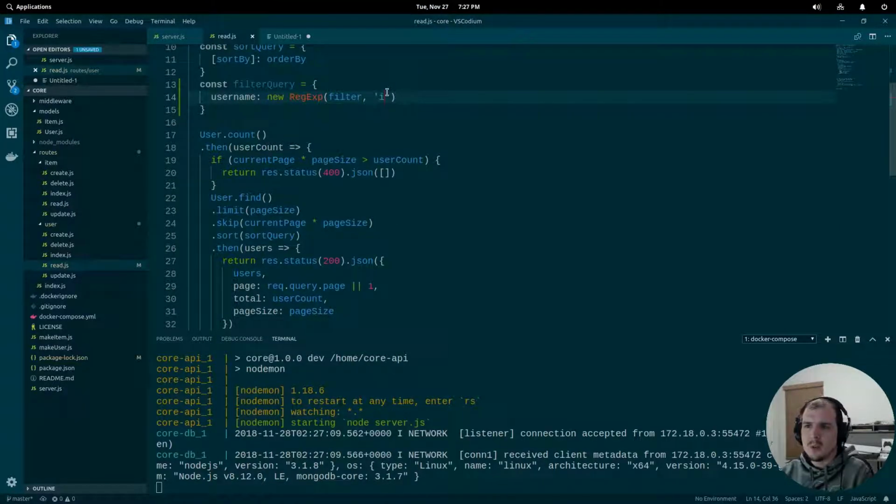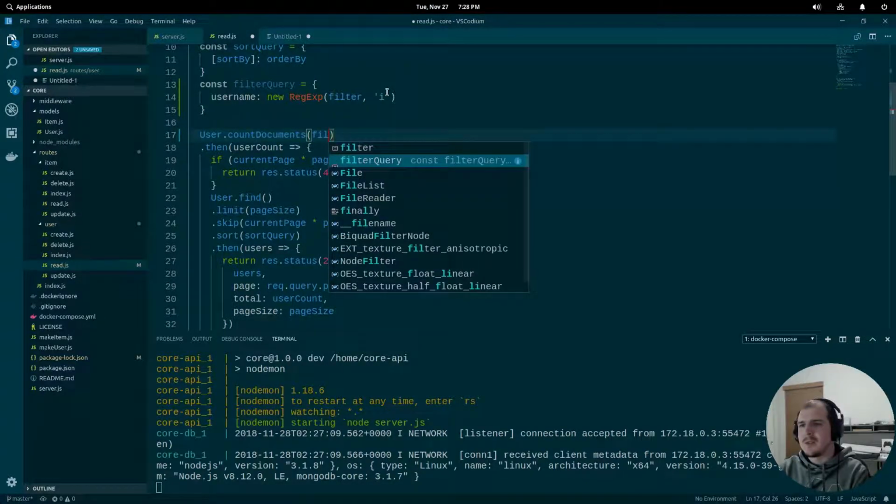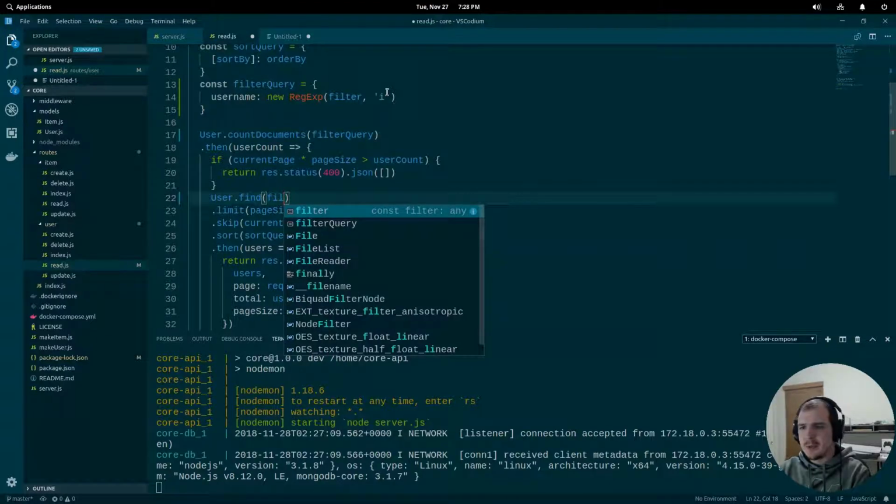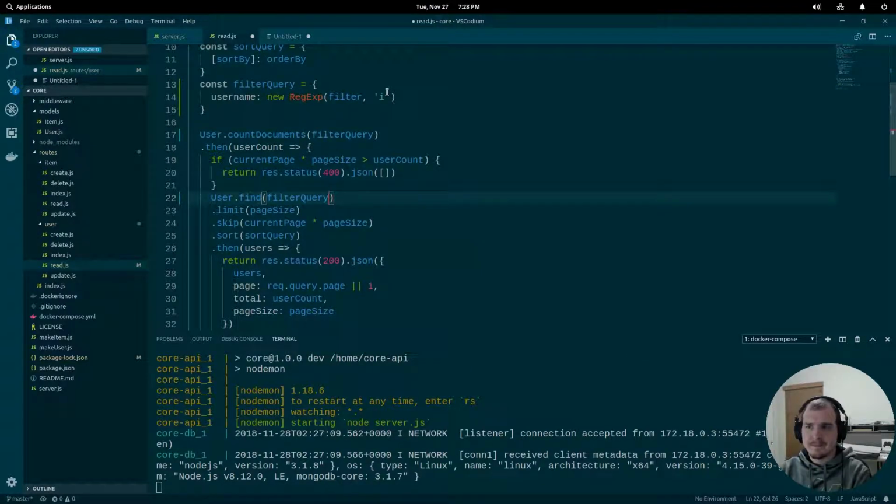Now, given that we have this query prepared, we can start adjusting our count and our find statements to actually do what we want. So the first thing we're going to do is change count to countDocuments. Count has just been deprecated, and countDocuments is the new method. Some selectors were changed, but it doesn't really affect us at all. So we're going to pass in this filter query, and then down in find, we're going to pass in the same filter query because we want the same thing on both of them. So now that we have this applied,